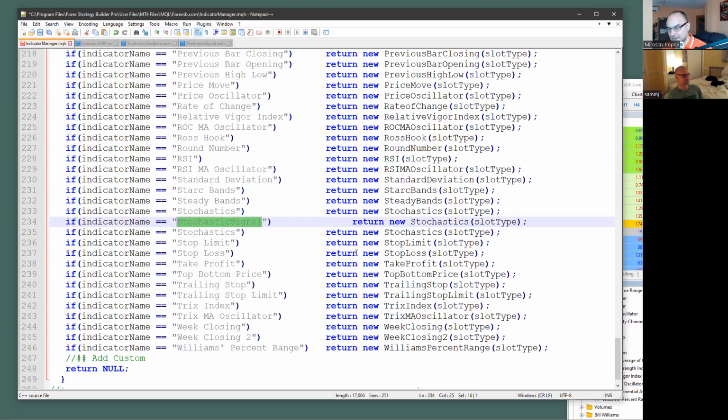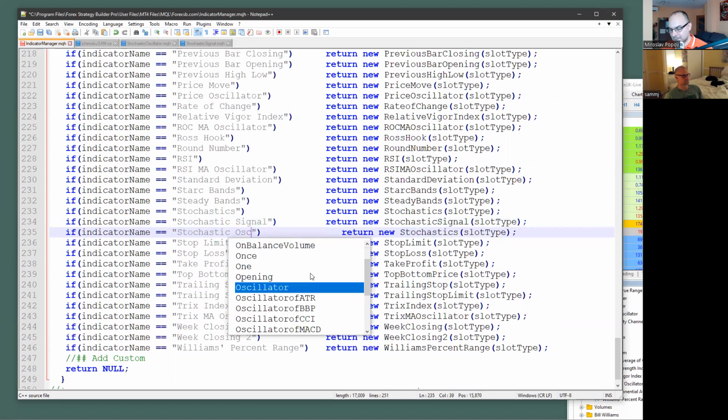Stochastic signal. I don't know, it must be the name. If the name is stochastic signal, create class, create object, stochastic signal, and if the name is stochastic oscillator,